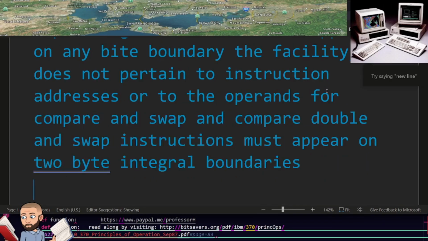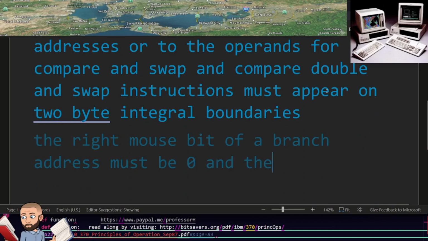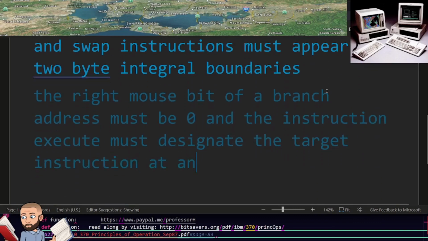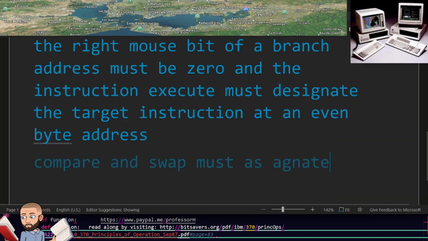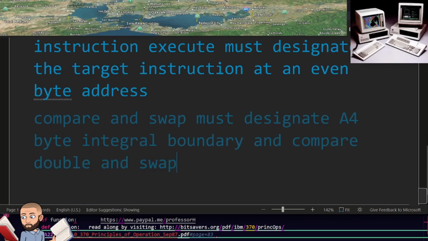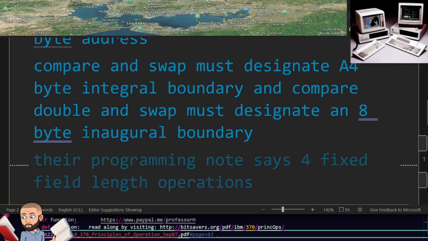The rightmost bit of a branch address must be 0, and the instruction execute must designate the target instruction at an even byte address. Compare and swap must designate a 4-byte integral boundary, and compare double and swap must designate an 8-byte integral boundary. Their programming note says for fixed field length operations, with field lengths that are a power